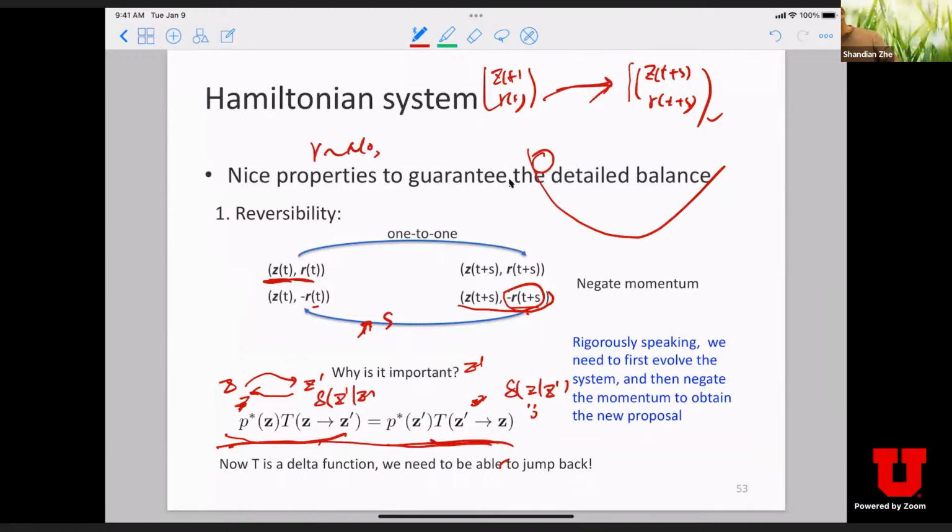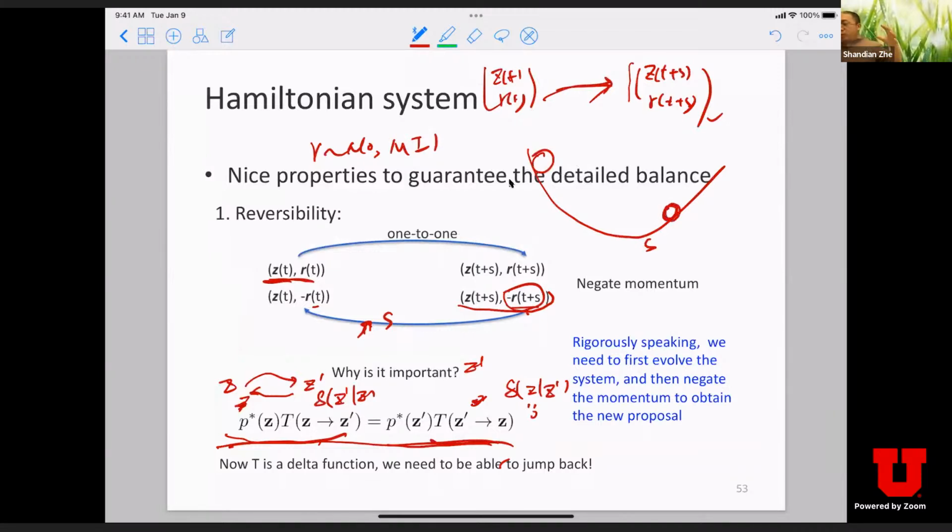R is sampled from a Gaussian distribution. You just randomly give some initial momentum that contains the direction. Remember, it contains both direction and also the strength. And then you just evolve it. Say you can pick some time duration S, right? So when you arrive here,